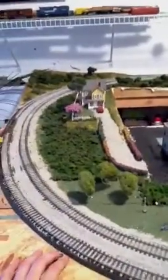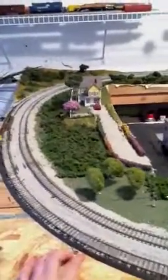What I'm planning on doing is there's going to be no loop at all. It's just going to be a switching layout. There's going to be no wide radius. The largest radius, and maybe the smallest radius, is going to be 22 inch. And that's the only place where there's actually going to be a full curve, over in this section, because... Oh, actually, I don't have a clue what I want to do yet, but I mean...